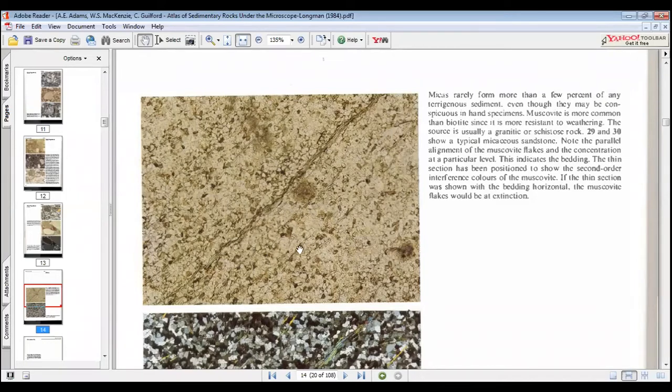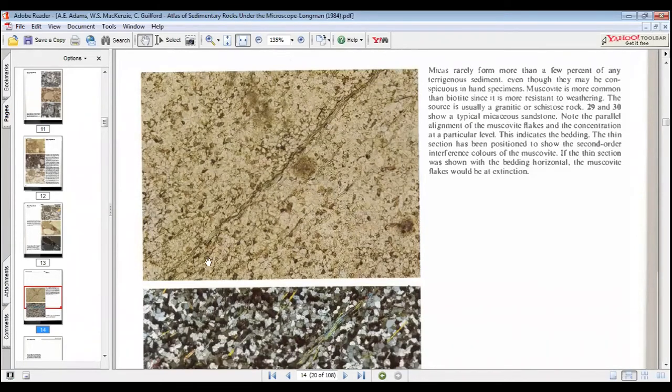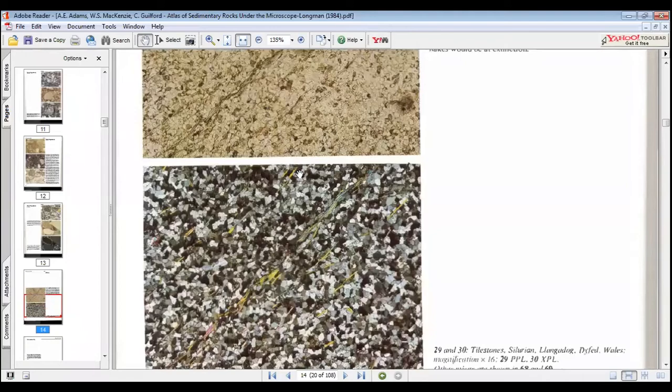However, micas are very important in sedimentary rocks because they can help you to indicate the bedding. Sometimes they align themselves with the bedding plane, and they can help you to plot the data in the stratigraphic direction, that is, what the overlying material and underlying material of this bed would be. So at the microscopic level it helps you to understand the bedding and the stratigraphy. Let's see how it looks in the cross polarized view.